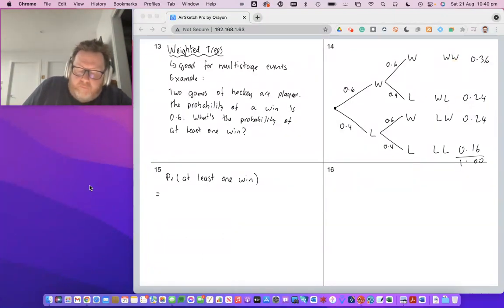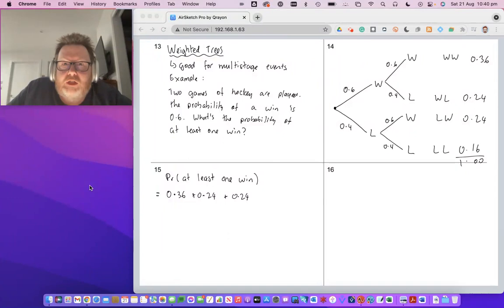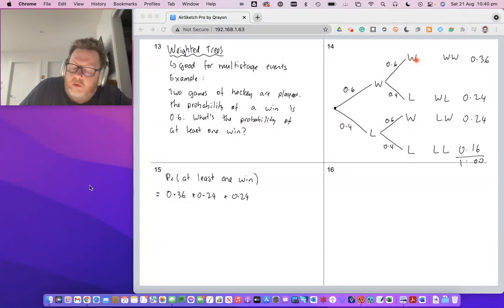So we're going to have 0.36 plus 0.24 plus 0.24. In other words, for each of my matching success outcomes, i.e. it's at least one win, I'm going to add them up across the branches. So I am multiplying along and I'm adding across. Okay, so 0.36 plus 0.24 plus 0.24, and that's equal to